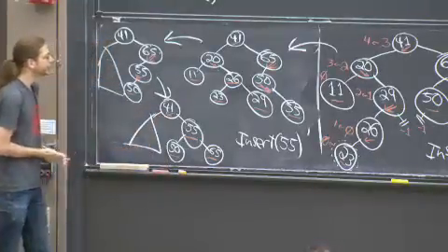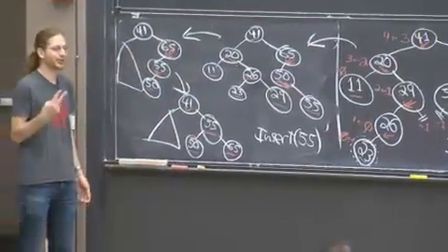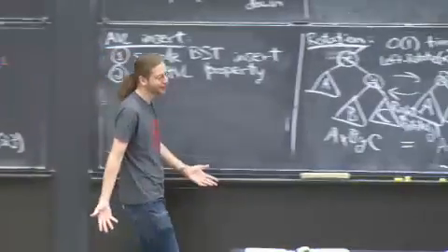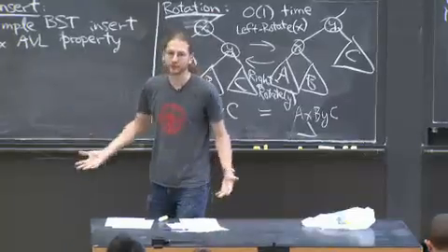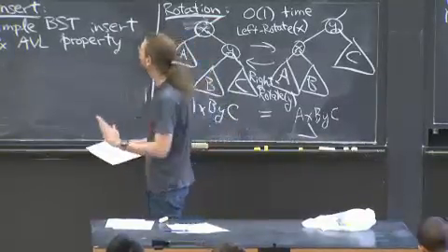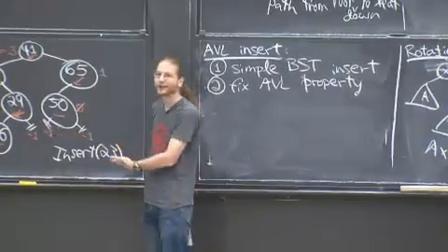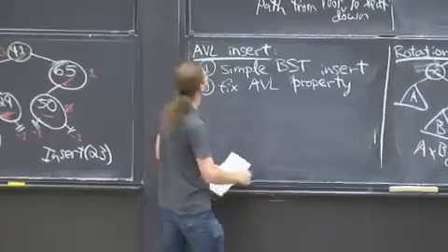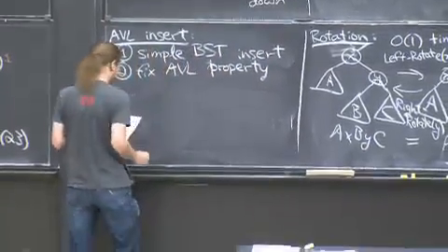Cool. This is what some people call double rotation, but I like to call it 2 rotations. Okay, whatever you prefer. It's not really a new operation, it's just doing 2 rotations. So that's an example. Let's do the general case. It's no harder. You might say, oh gosh, why do you do 2 examples? Well, because they were different. And there are 2 cases in the algorithm. You need to know both of them. Okay, so AVL insert. Here we go. Fix AVL property.